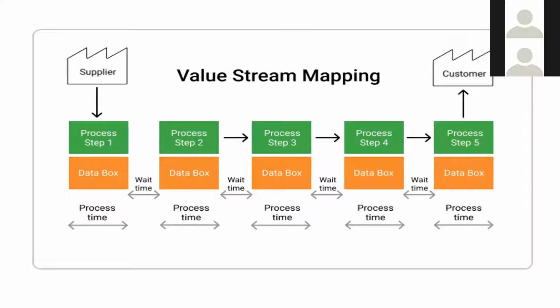From one process to the other process, you also have a wait time. Sometimes this wait time is because they want to complete one entire process, wait for a day, then see if there's anything more they need to do at the back end, anything they've completed. So they do verification from the quality aspect and they move ahead. Is this value stream mapping clear now?